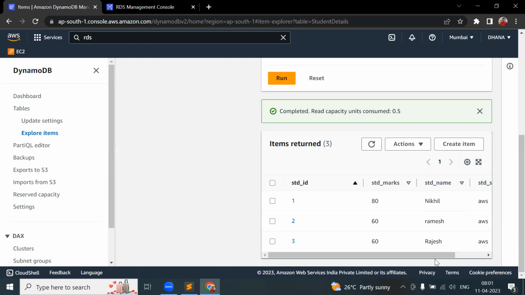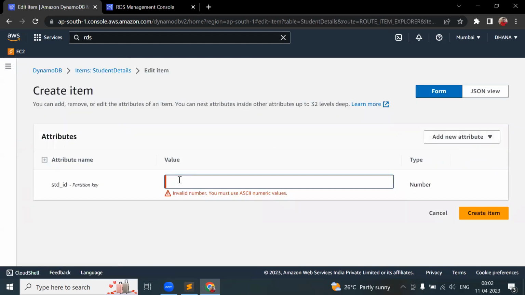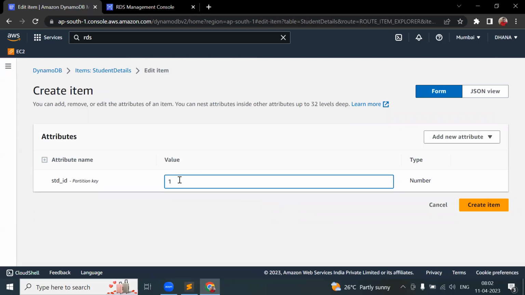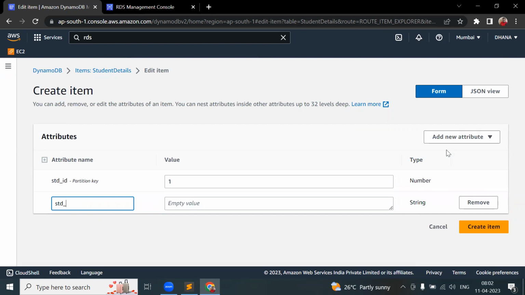Okay. Now, I will add, there is 1, 2, 3. So there are 3 items. If I add one more item, maybe I need to add one more item for Nikhil. So again, I will give 1. I'm going to give the same student ID 1. Again, I'll give the student name. Here, if I pass Nikhil,